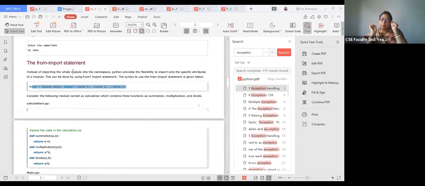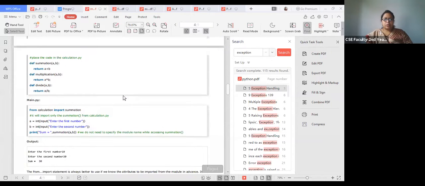So how will you import that function here? First of all, you have to write from. Okay, from, then after that the module name, and the previous module was file. After that you put import. Here, the second time you have to write import. Okay, and after that the name of the function, and then after that function name, another function name as well.